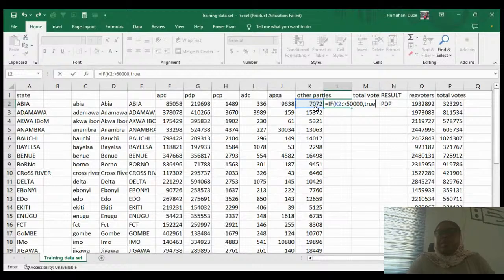The reason why we're not going ahead to write the value if it's false is because Excel automatically does that for you, except if you want to do an IFS function. So now for the IF, then you click tab, then you